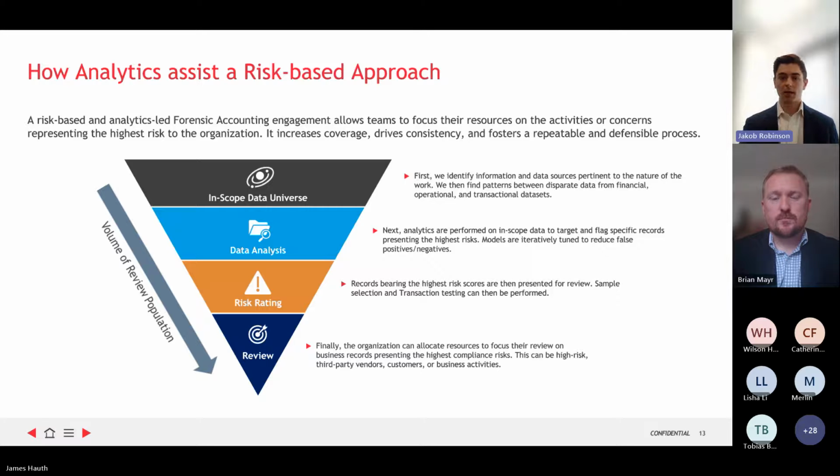We're going to iterate through the model. We want to make sure that we're accurately identifying risks. And then we're going to ultimately generate a risk rating. So when we develop these risk ratings to actually apply back and review everything, we want to make sure that we're only capturing those pieces of the business that are the most impactful. So we're not going to test